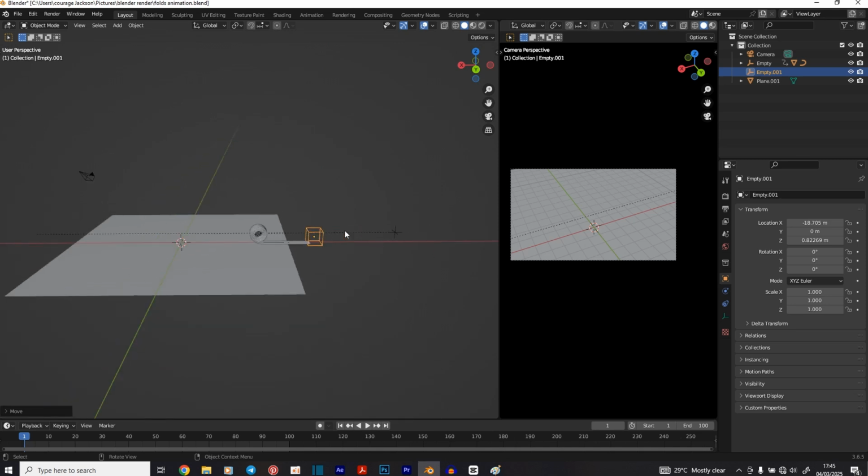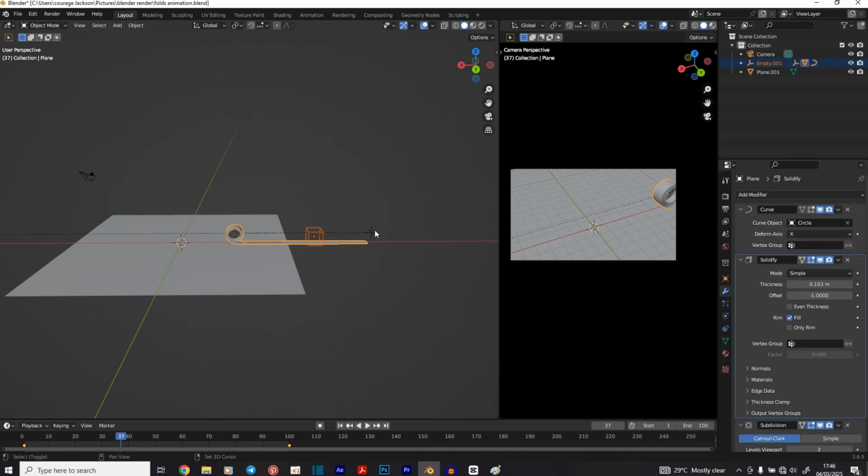The only thing I'm going to parent to this is this particular empty. So I'm just going to say Ctrl P, object keep transform. Now if I move this, no matter where I put it, even if I play it, it will still stay there. So that's the essence of that particular one. Now if I duplicate this,